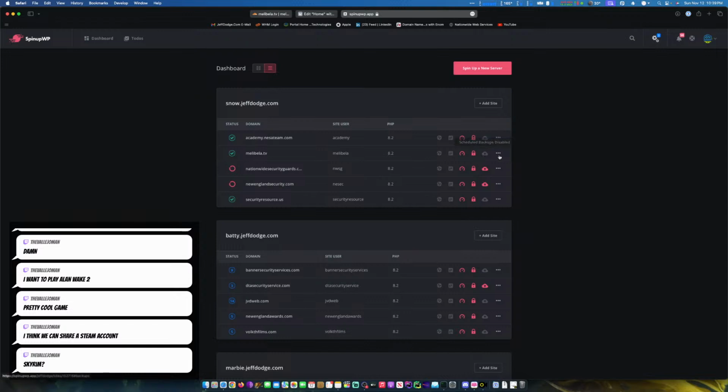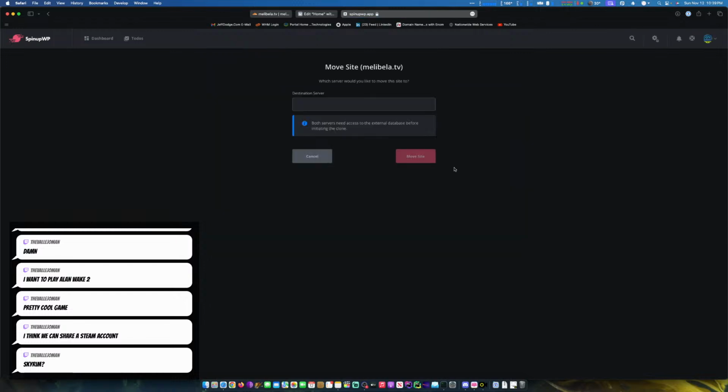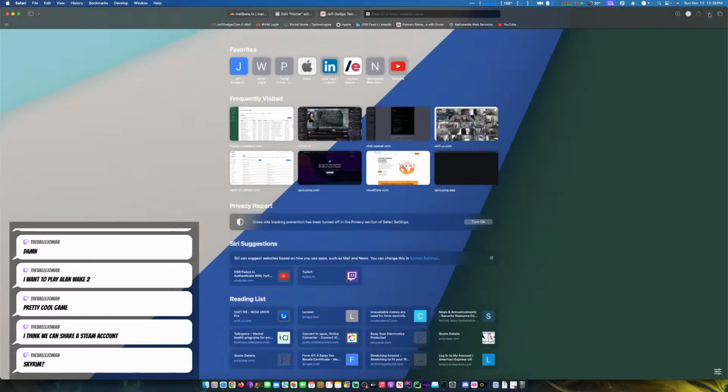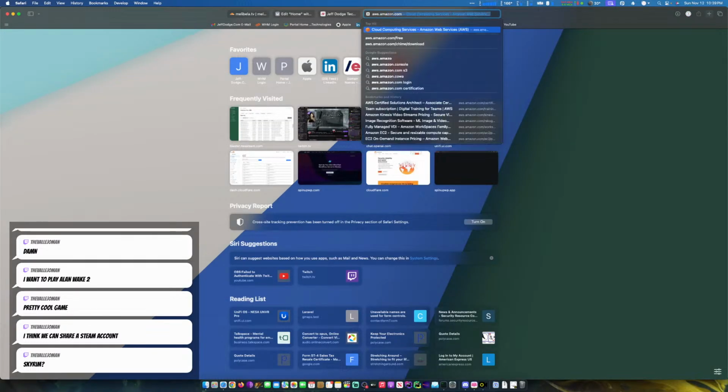So what we're going to do is we click on this little guy and we're going to move the site. Destination server is right. Batty. Both servers need access to the external database before initiating a clone. Okay, so with that being said, I have to go to aws.amazon.com